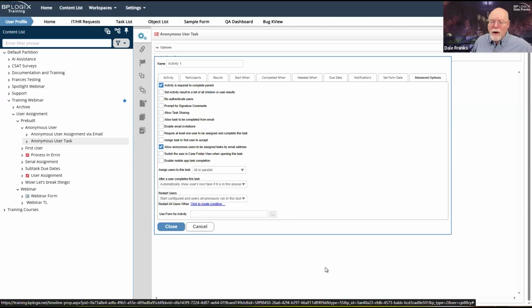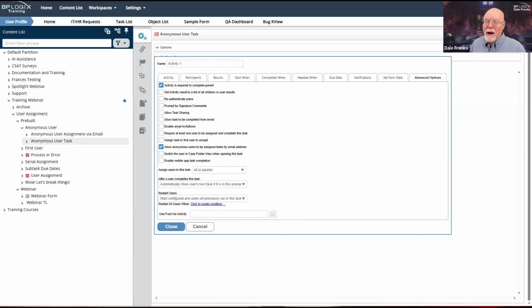we also have to go over here to advanced options. And we have to specifically check this checkbox right here, which is labeled Allow Anonymous Users to be assigned tasks by email address. If this is not checked, then the task assignment will not work for an anonymous user.